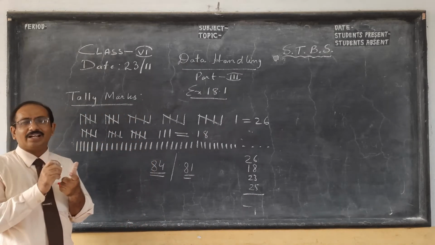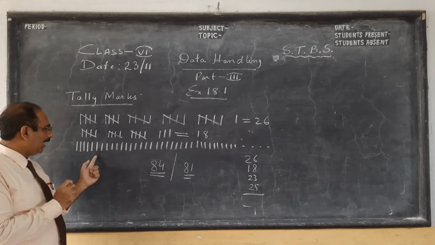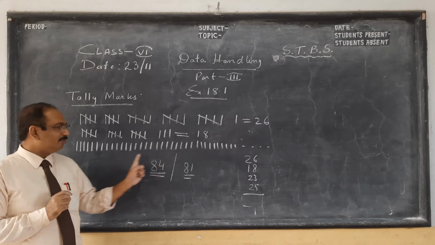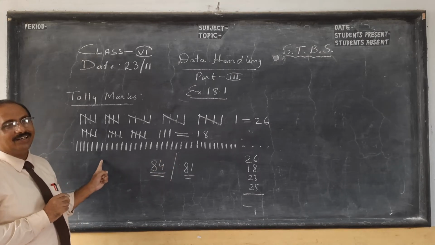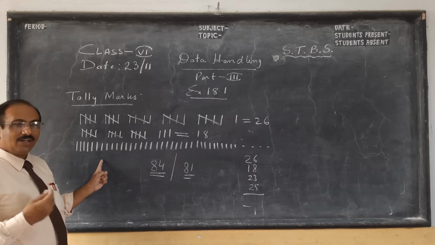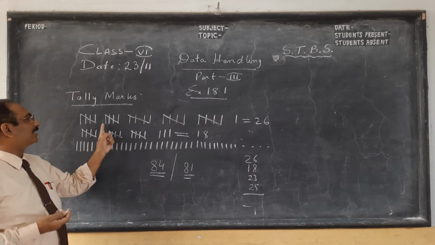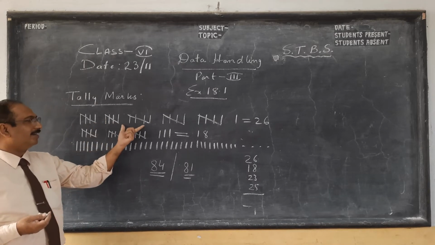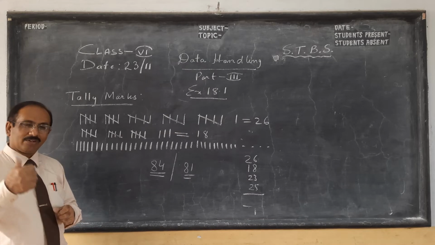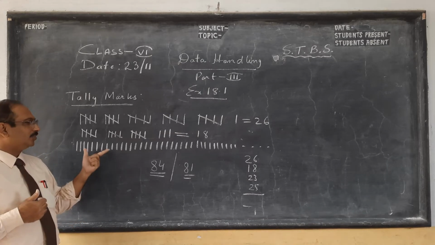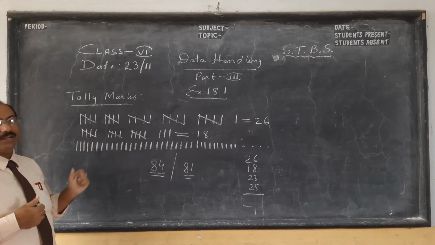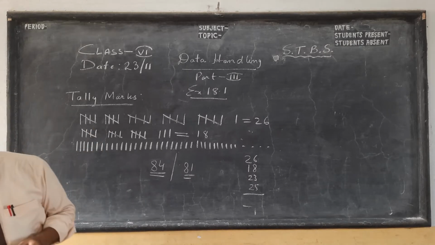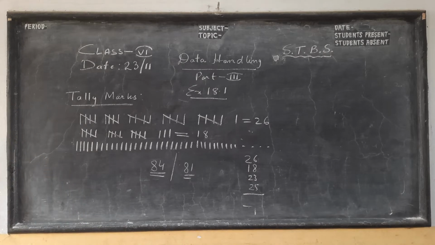Still I remember he would come and draw one line for one cloth. Imagine at the end of the month what problem we and he had. Now I realize I could have taught him at least this tally mark. So with this introduction, I tell you tally marks make our counting easy. I'll take one sum and show you how we make a frequency table using tally marks. So kindly pause the video.